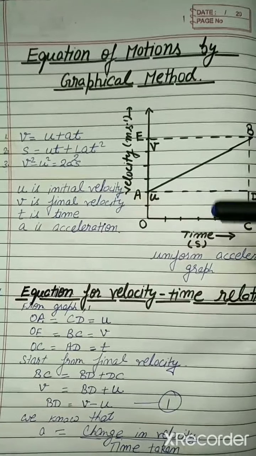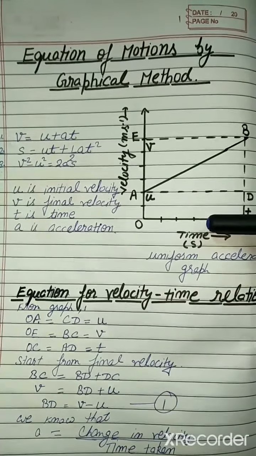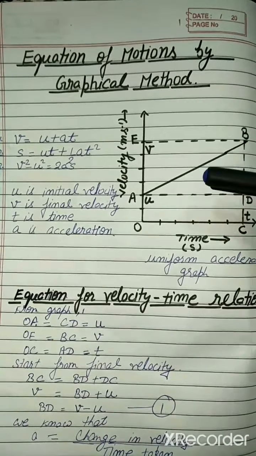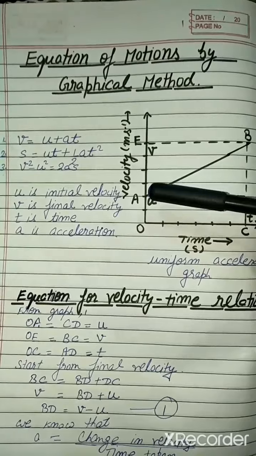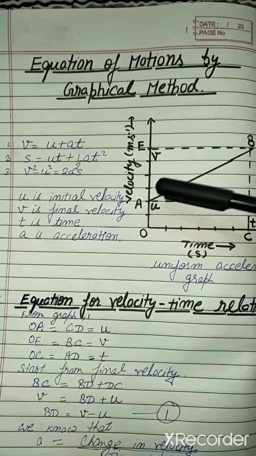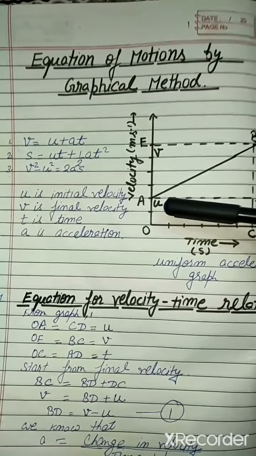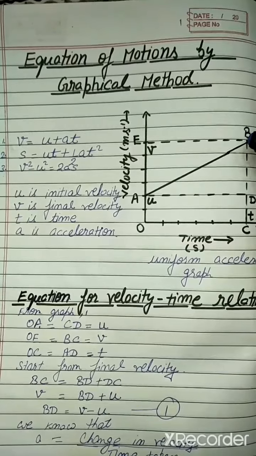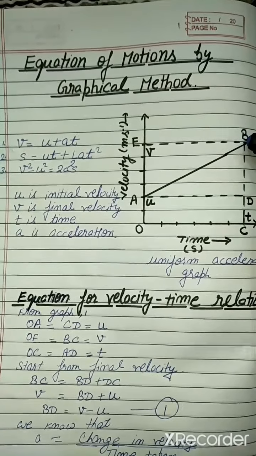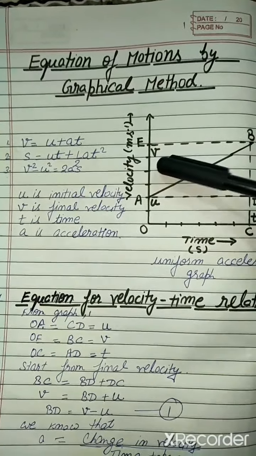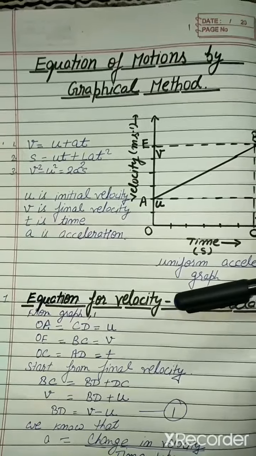It is a velocity time graph, where an object is moving with a uniform acceleration. Suppose an object starts from any other point rather than the origin. So the initial velocity, the starting velocity, we take here as u, and it goes to a final velocity at point B. The final velocity is denoted by v, right? So in the previous class, first we derived equation number 1.